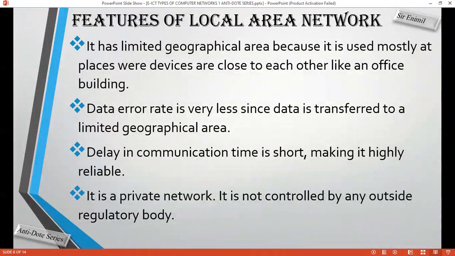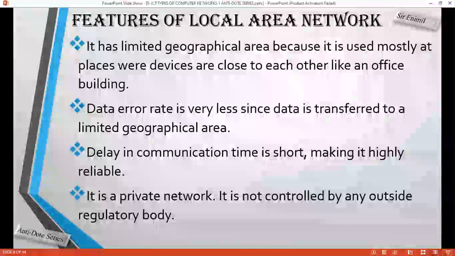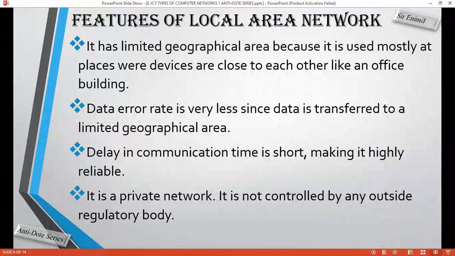And since it is controlled by that particular organization, it makes it what? Private. It doesn't even matter if that organization is a public organization. It still makes it private in the sense that it is controlled by that organization. It is not controlled by an outsider or somebody outside the organization. So that in itself makes it what? A private network. So you'll be able to access that particular network once you've been given authorization from that organization or whoever owns that organization. So it's not something that you can just connect to because you can, but it is well protected, heavily protected, so that attackers will not get access to the network and cause harm or damage.